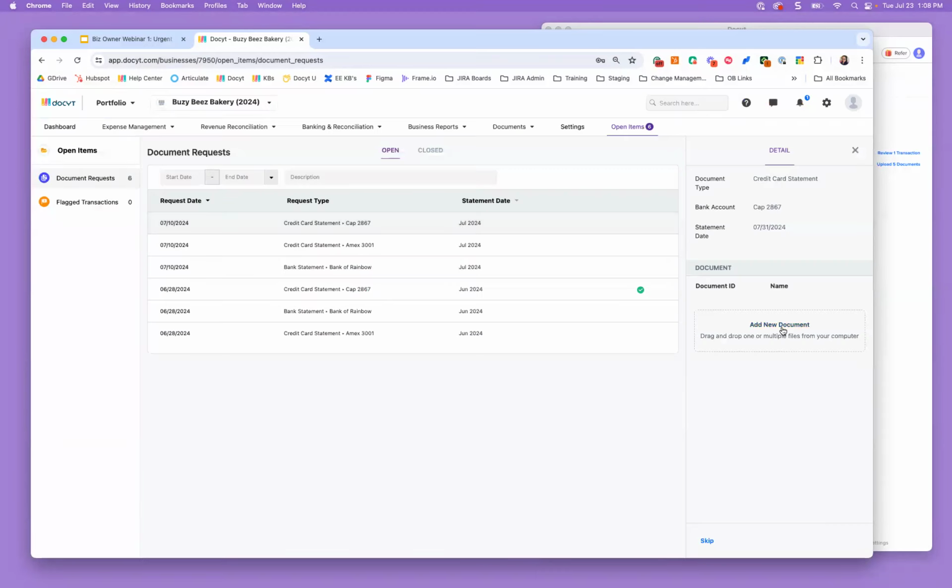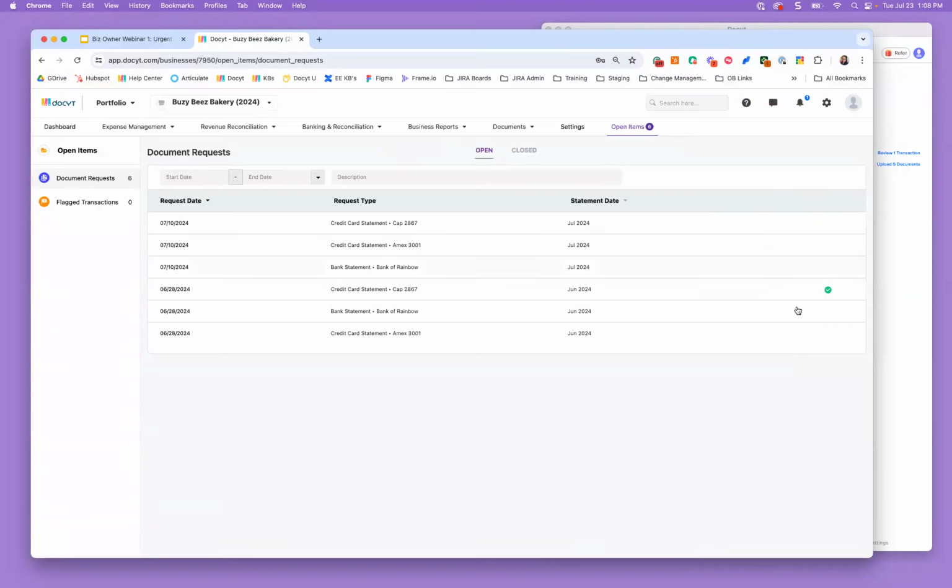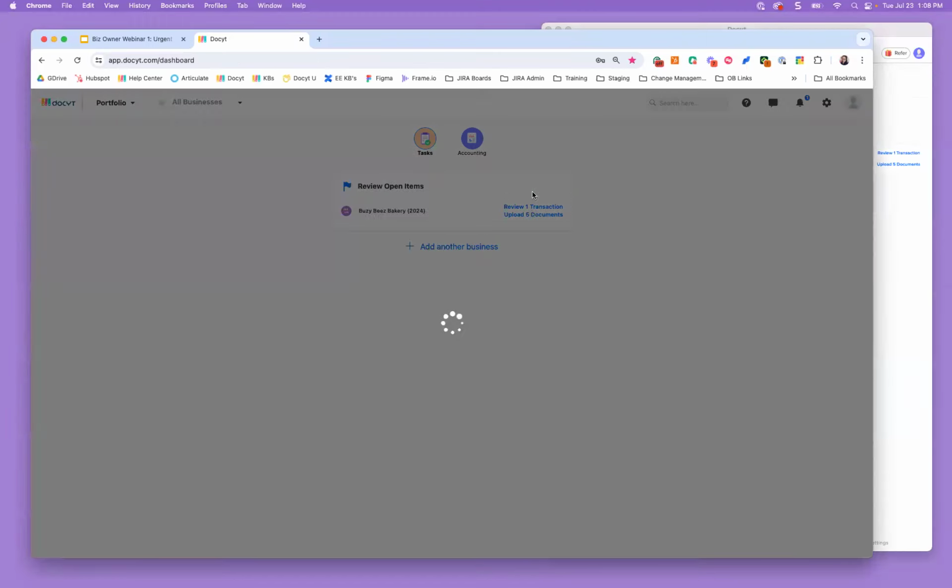So you click on that, you can drag and drop here, or you can go ahead and click on add document and go ahead and select the document and upload that. Once you select the document and upload, the green checkbox shows up, and that indicates that that has been done successfully. If I were to upload documents to each of these requests, what will then happen is on my task